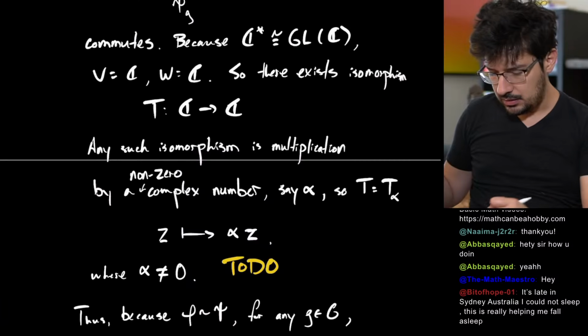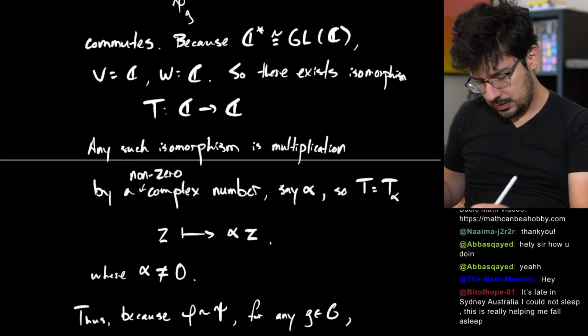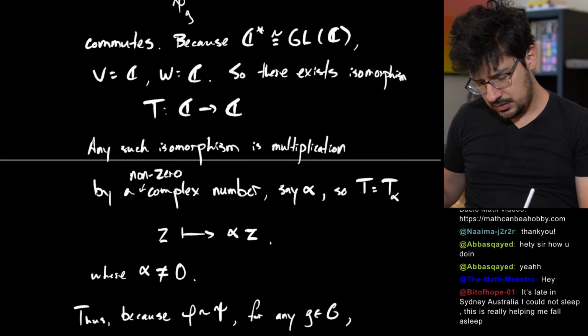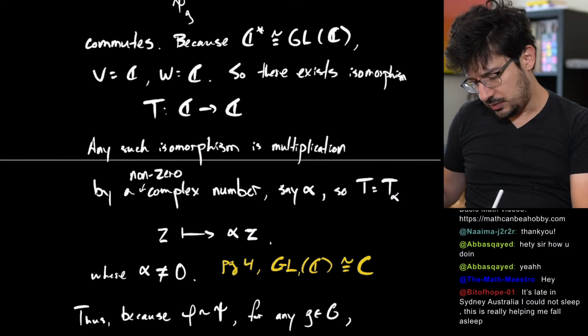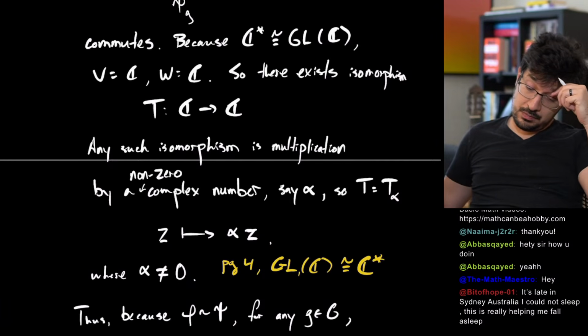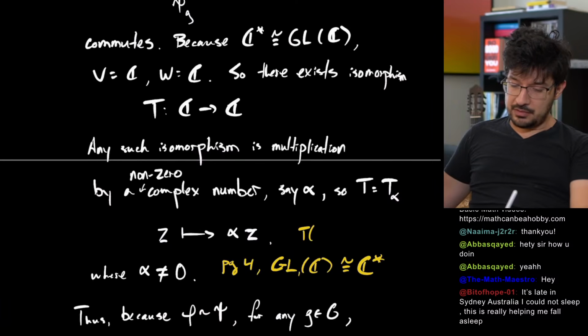And I can cite this statement on page 4: GL1C is isomorphic to C star. Any linear transformation of complex scalars